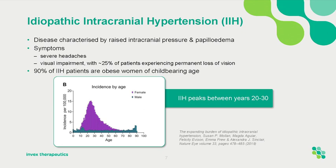And for these women, they're really plagued by having prolonged chronic headaches. If you can imagine any of you that have had a headache, if you can imagine having that headache every day for 10 years plus, 24/7, it's really very debilitating. This really impacts on their ability to work, ability to look after their children, and just take part in normal